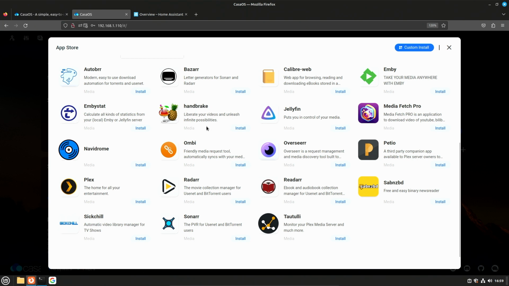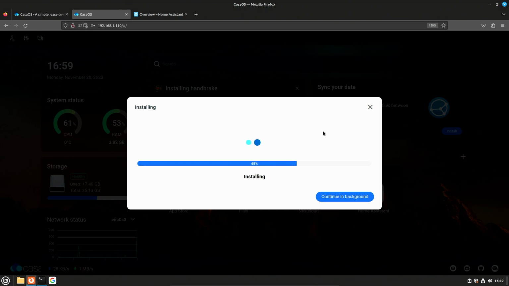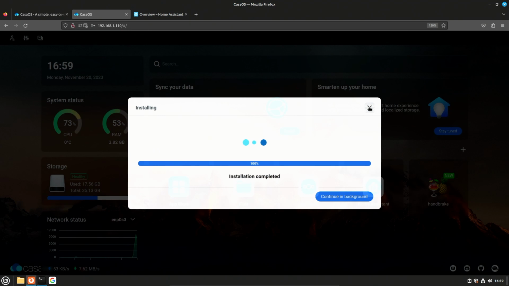Oh, interesting. You can have Handbrake. I wonder how... you know what? Why don't we just try installing Handbrake? I'm curious. I guess I would just use it through the web UI. I'm not really sure how this is going to work, but I want to find out. After that, I think I'll wrap up the video. I don't want to keep you all too long, but I thought it would be fun to do a little video about this. And it's me we're talking about, so you know I'm going to be a little bit long-winded.